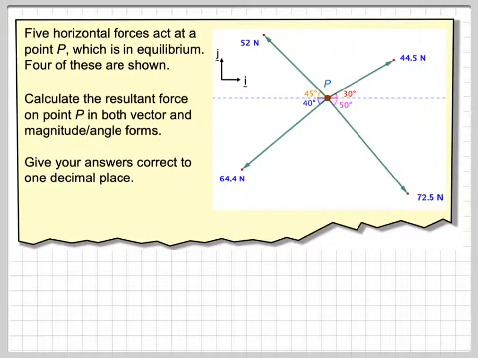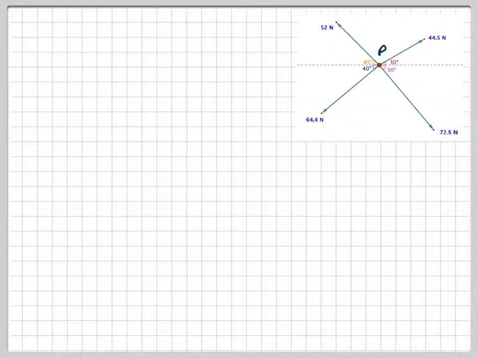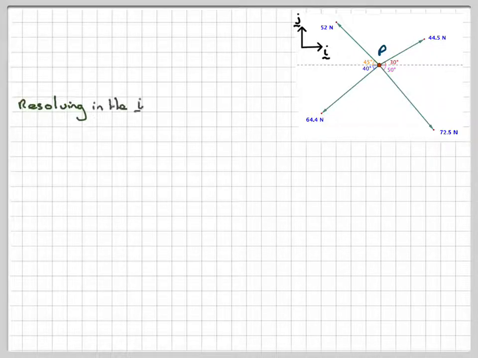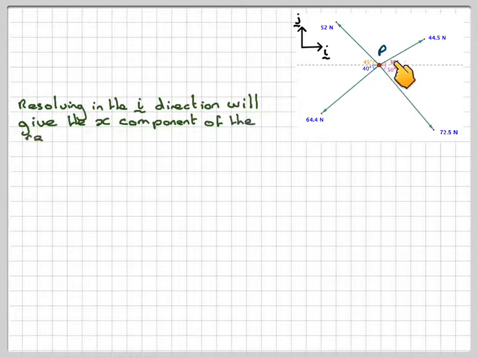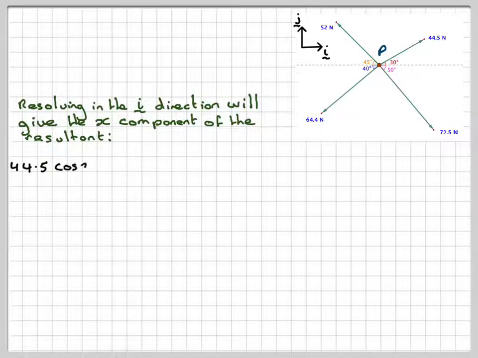So going back to this, if we go to the diagram, we mark on the point P, mark on the I and J axis, and we're going to resolve in the I direction. So this way will be positive, this way will be negative in the I direction. So we're going to have 44.5, the component of that will be 44.5 cos of 30 degrees, and then 72.5 cos of 50 degrees, and then